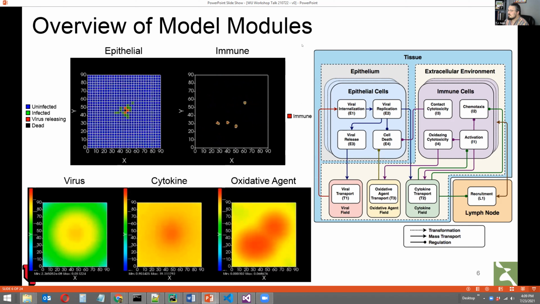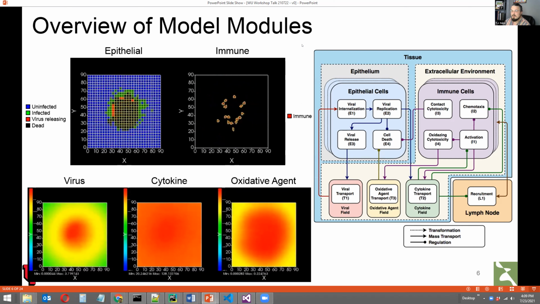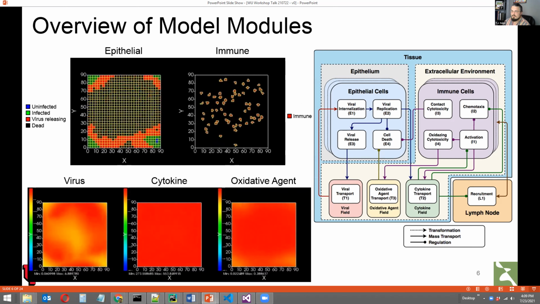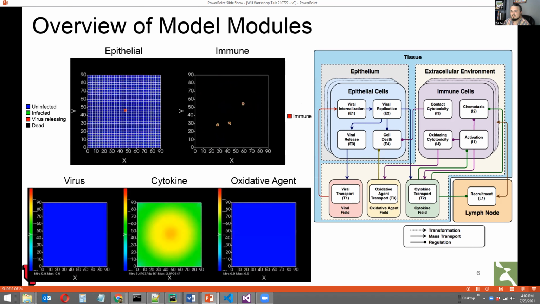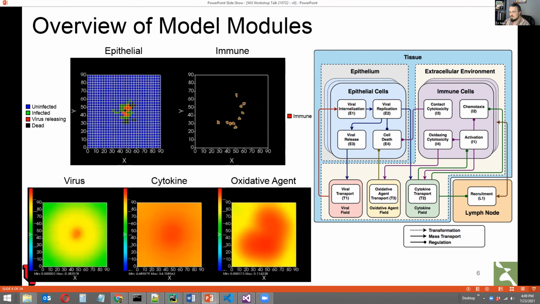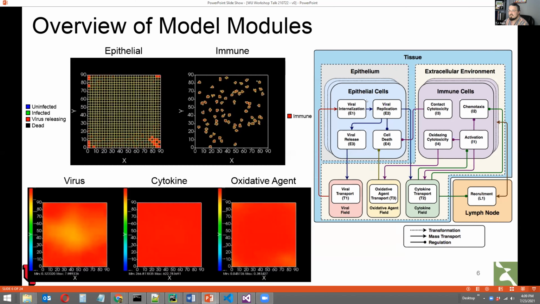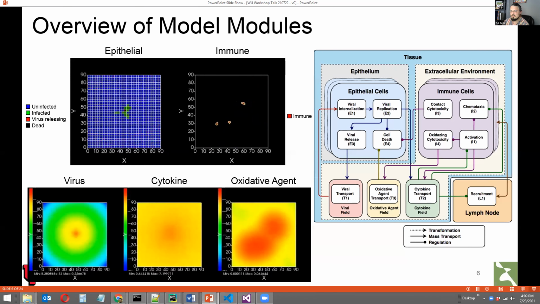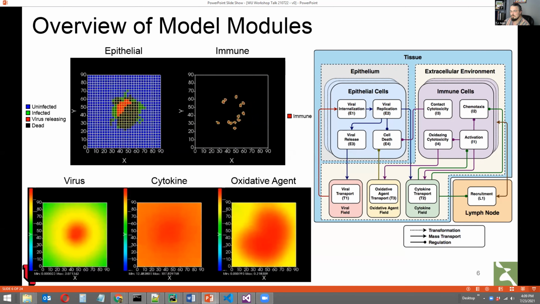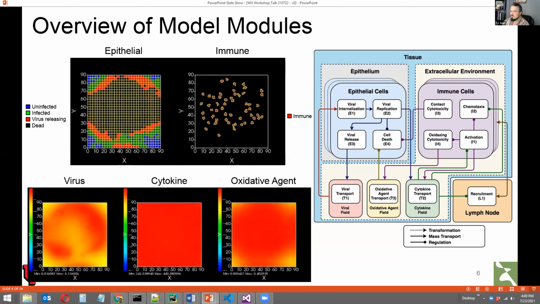But what was possible is to take those individual models and break them up into modules. Each of these different aspects of viral infection that we were interested in representing for this framework development is represented here, and they're all broken up into individual model modules, each of which is executable within the broader framework, as well as interconnectable according to an API.